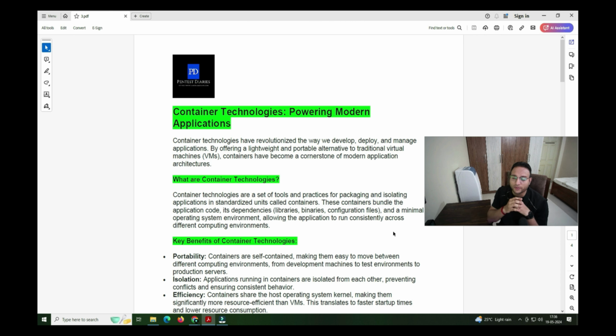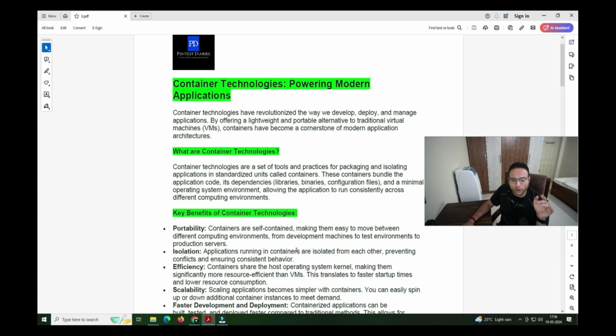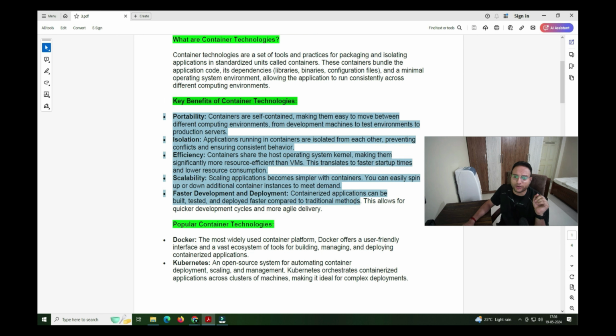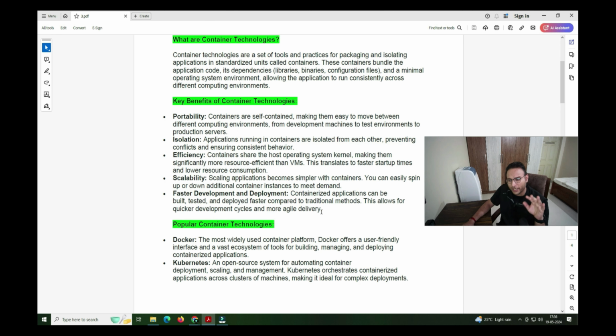Earlier that was not feasible. You had to build the server from scratch, install the operating system, then put in the dependencies, and then go further from there. That was time consuming. Now it's easy, feasible, and portable for us. The benefits we already talked about in my previous video, so I've put them here once again since we are talking about container technology. You can read that. I'm not covering it once again, it was already covered in my last video when I compared VMs with containers.